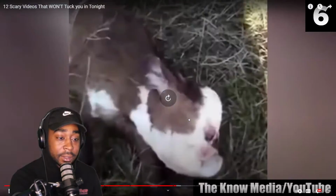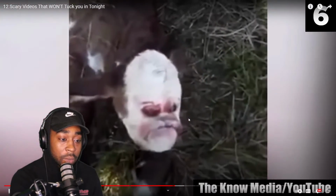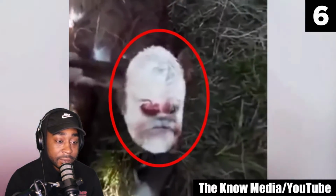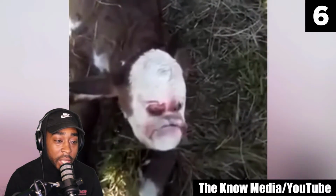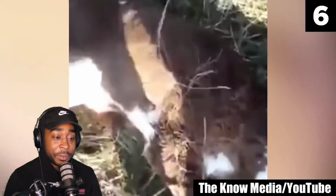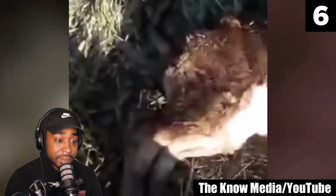Mutations are not an uncommon occurrence amongst calves, but they are rare enough where witnessing one might surprise you. This calf was born in Villa Ana, Argentina in September of 2019, and it did indeed surprise its owners, as it appeared to have